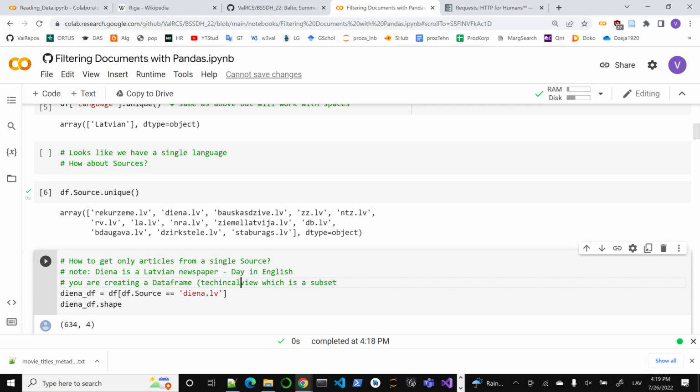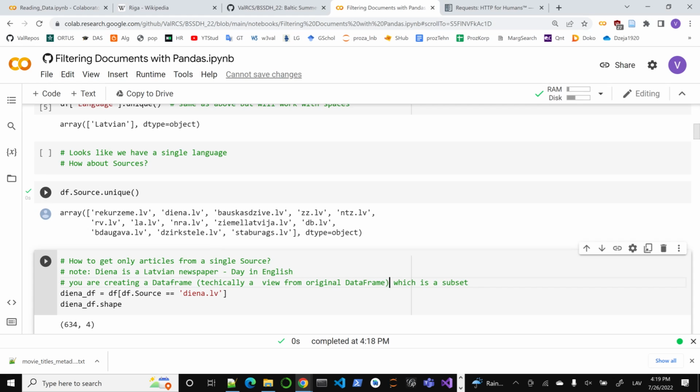You're saying go through and find only those rows which have the source